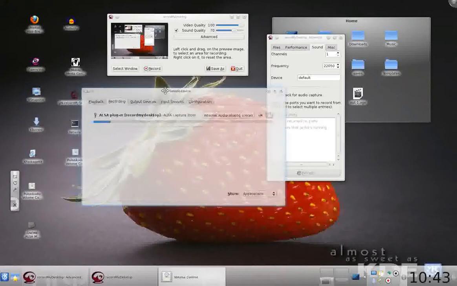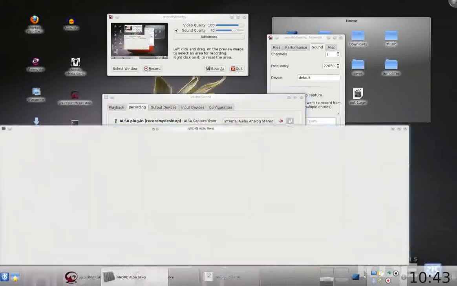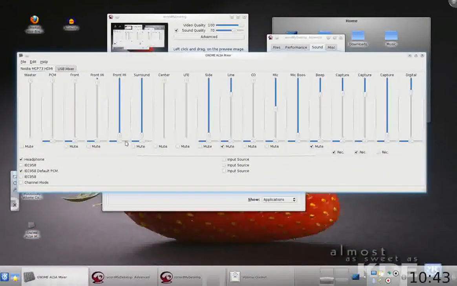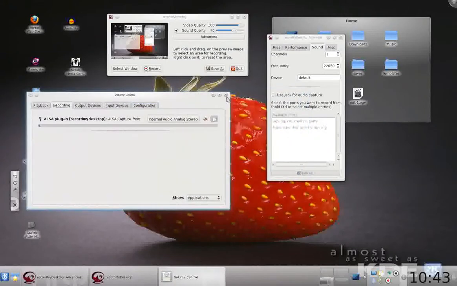Okay, so I also installed ALSA, the GNOME ALSA, and here it is, and you can see what's selected and not selected. I didn't change anything in this. I just left it the way it was. X that off, and we just X this off here. Then that's the Pulse Audio.